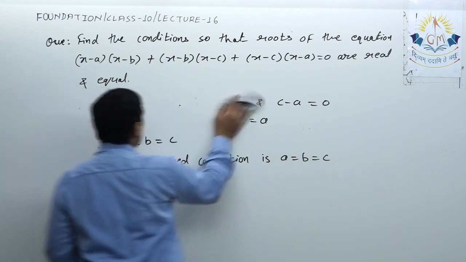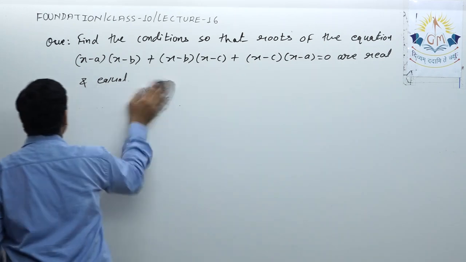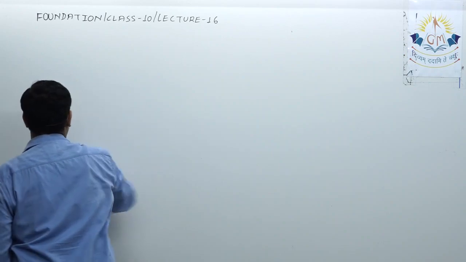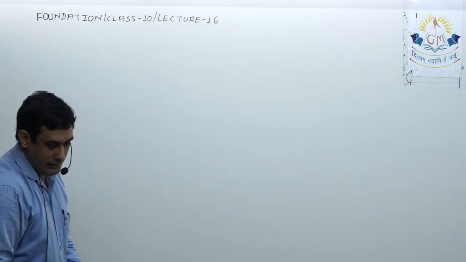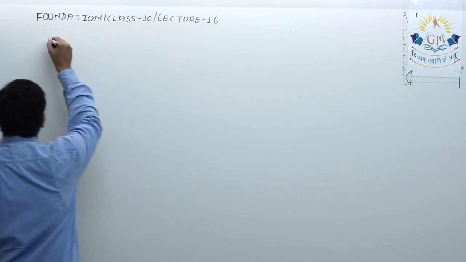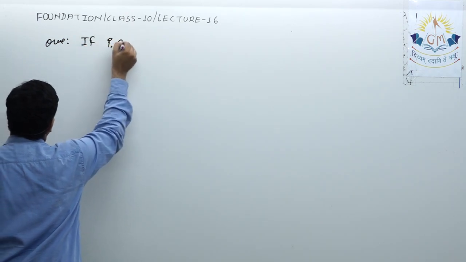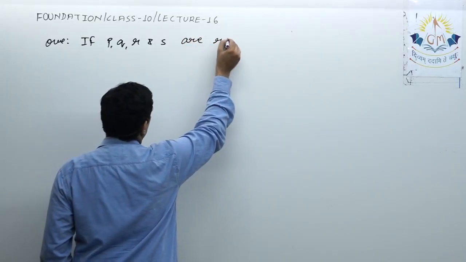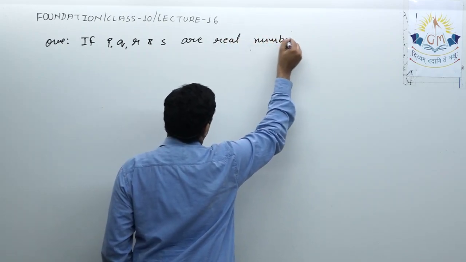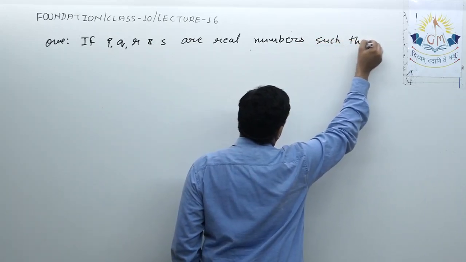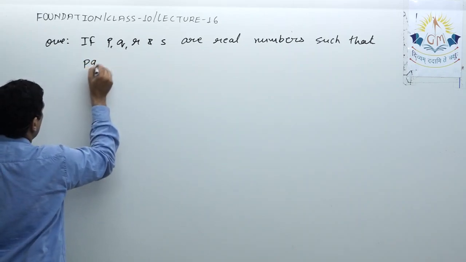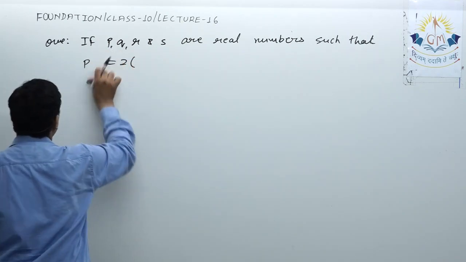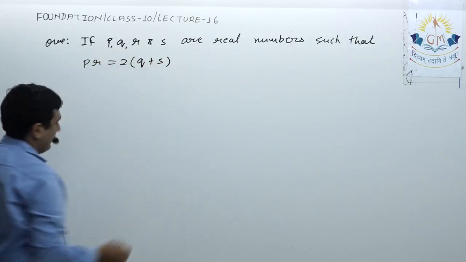Okay, now let us see the next question. Next is, if p, q, r and s are real numbers such that pr is equal to twice of q plus s,